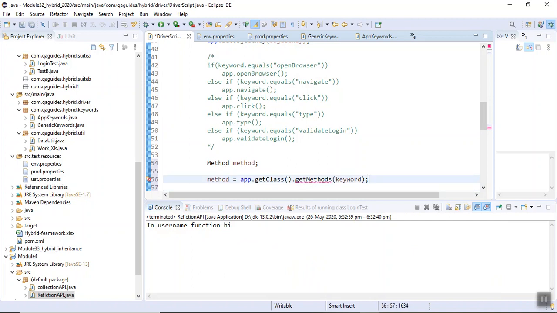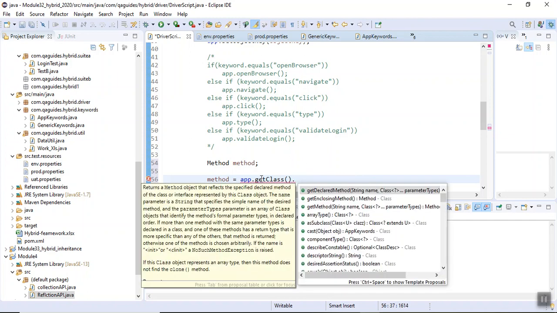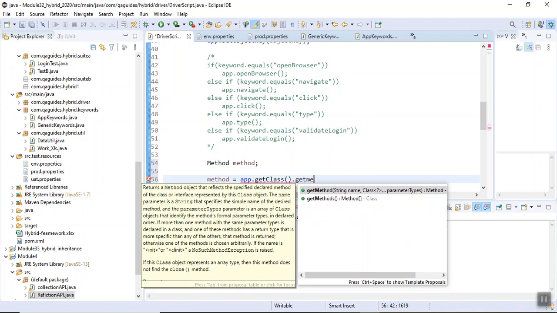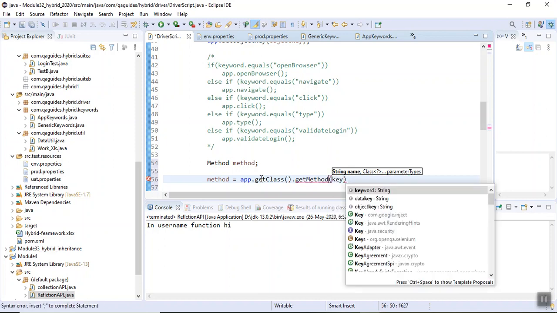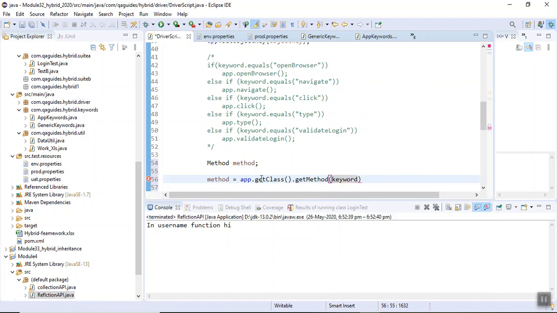Just a sec. See, app is the object of the application keywords class, and this app object has access to all the keywords of the generic class and the app class also. Remember that. And what I can do here is method dot invoke app.